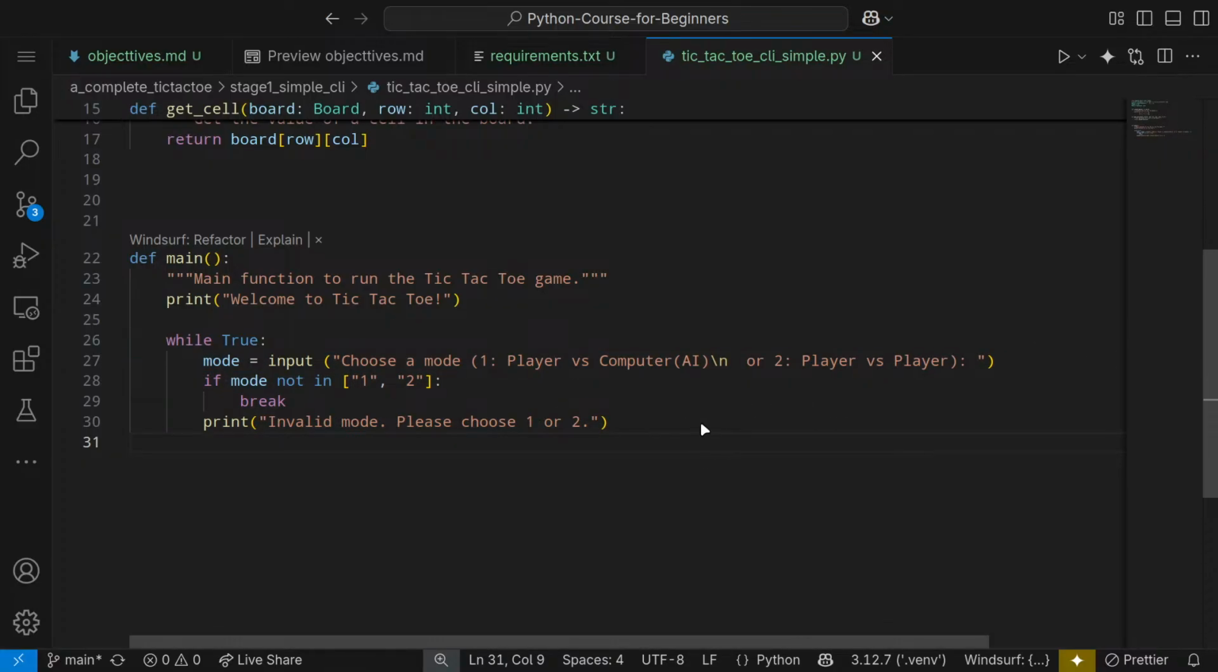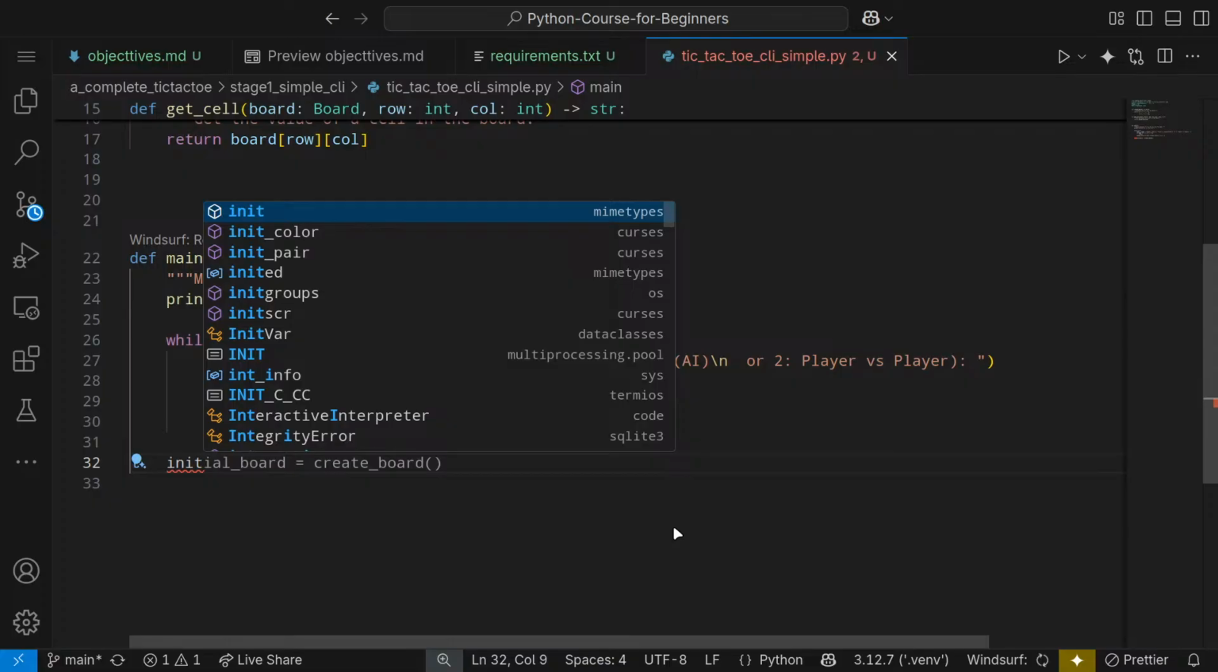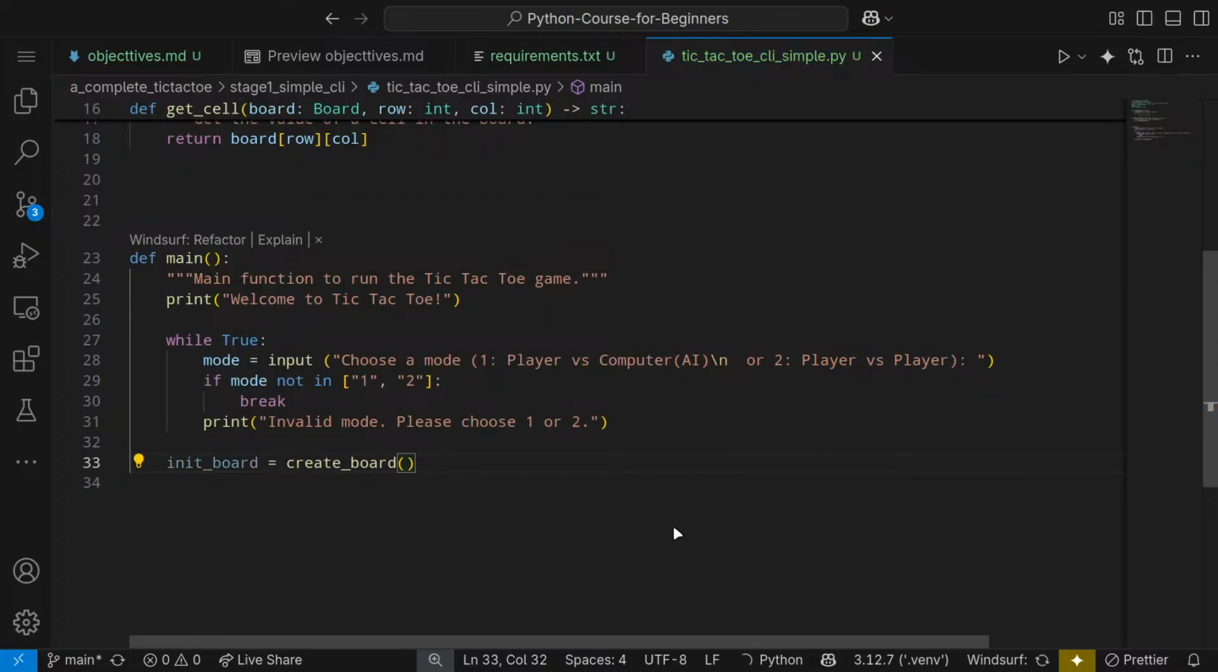Okay. Now after this, what we do, we will initialize the board. Okay. So we will basically initialize the board. Let's call it initial board, like this. Okay,